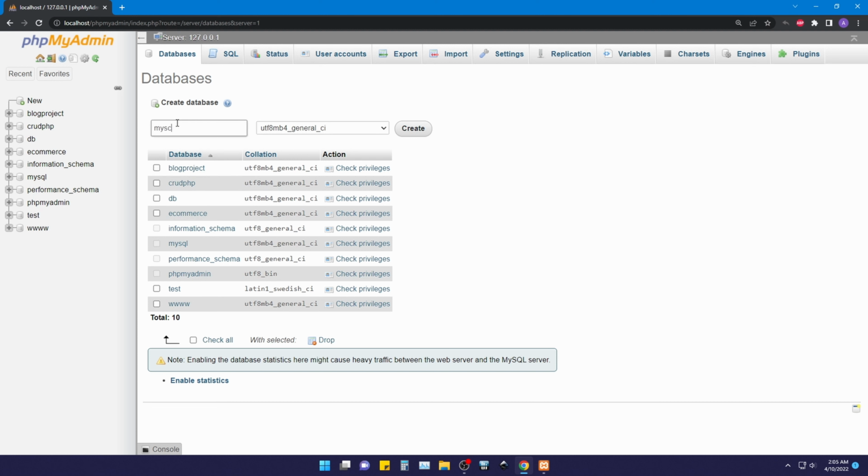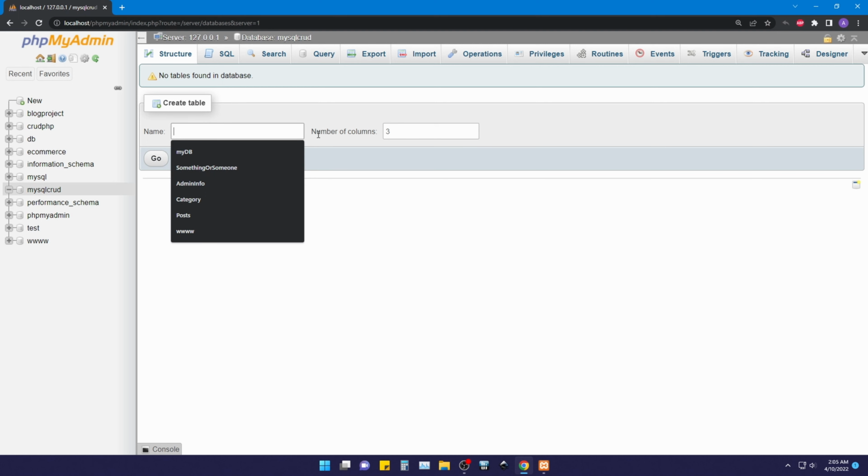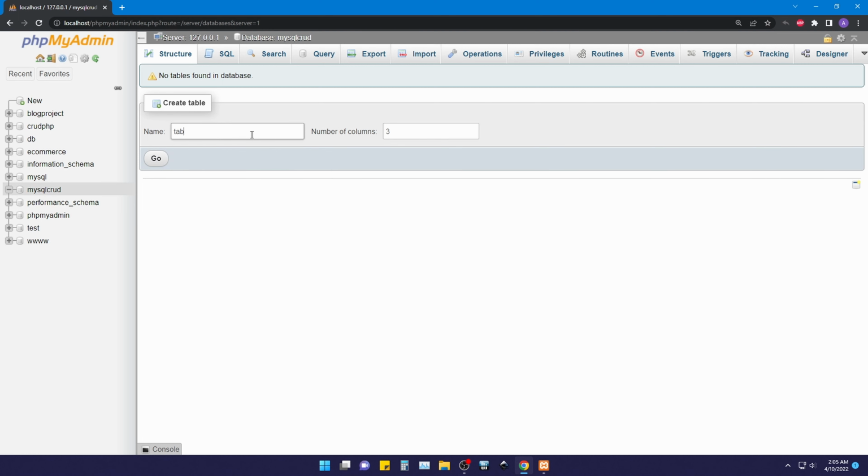MySQL CRUD DB maybe, or just CRUD, because this is about CRUD, right? So here you can see 4 columns. I suppose I only want 3, and I can name something here, a table. I can make a table of 3 columns, and the table name could be, I will just write table